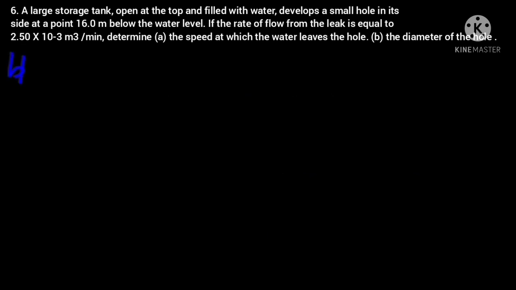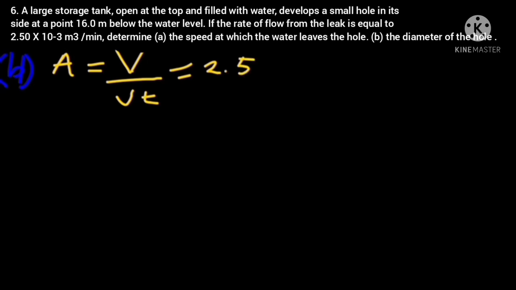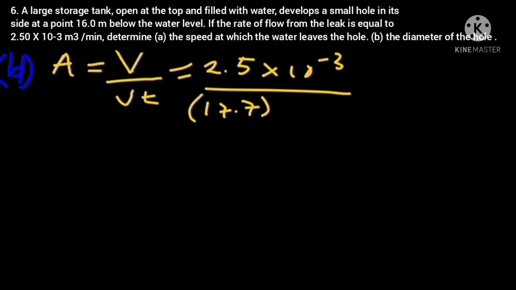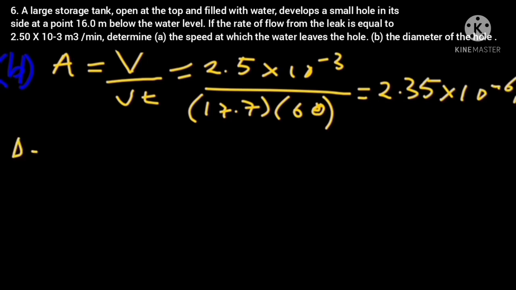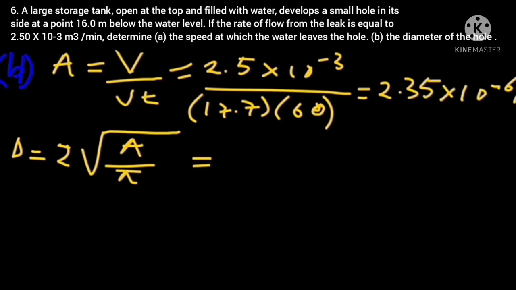Then our question B, the diameter of the hull. So for the diameter, area is equal to V, which is the volume, over velocity times time, which is equal to 2.5 times 10 to the power negative 3. So that's the volume flow rate, to be precise, over 17.7 times 60. So it is equal to 2.35 times 10 to the power negative 6. Okay, so our diameter is going to be 2 times the square root of A over pi, which is equal to 2 times